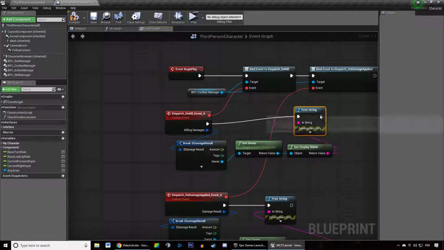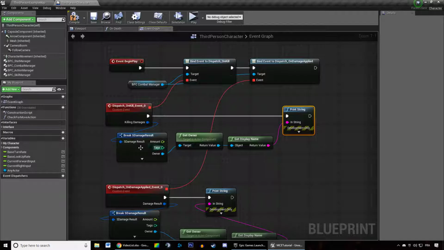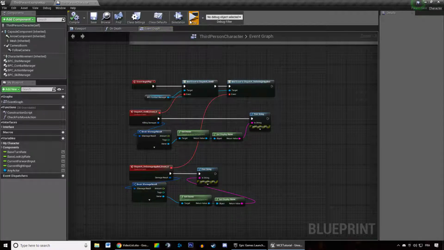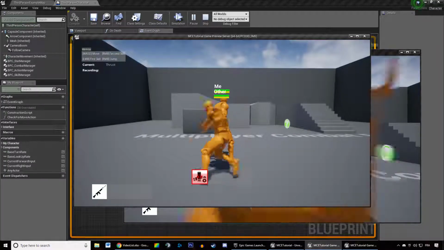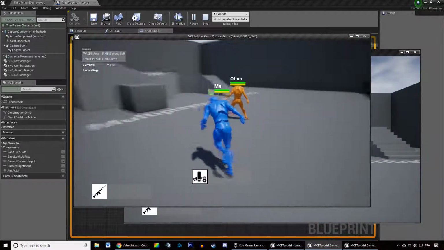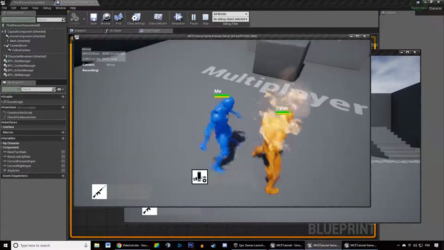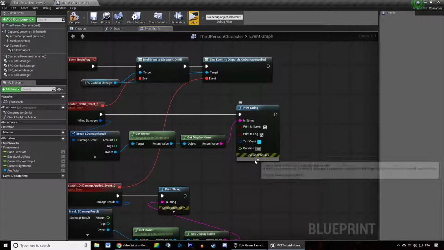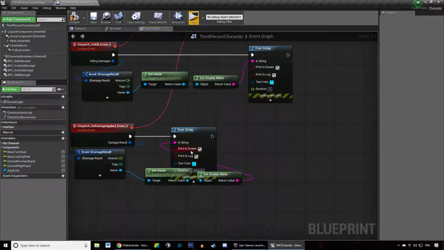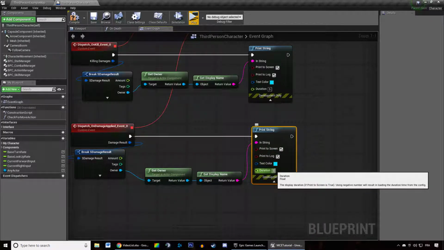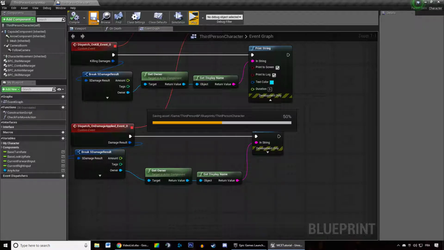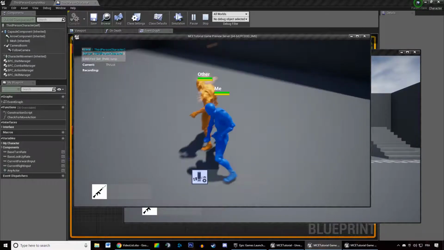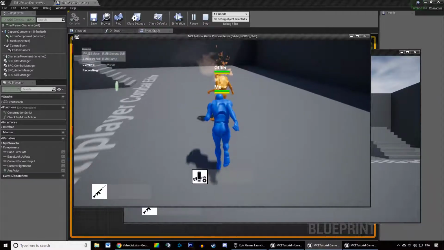What is the owner? Who is the guy I killed? So for instance, when I'm dealing damage to someone, it's going to tell me its name, like this. I'm just going to make it print for a bit more time so we can see that. So for instance, it tells me that third person character dealt damage,